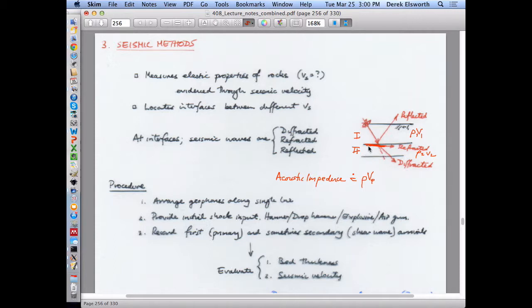And so that gives you the signal, and then the quantity that you use to interpret it, just like the electromagnetic radiation velocity in GPR, is the acoustic velocity. So it's the product of density and velocity that gives you the reflection or refraction, and it's the magnitude of the velocity that you use to actually reduce the data. And the basic idea, actually